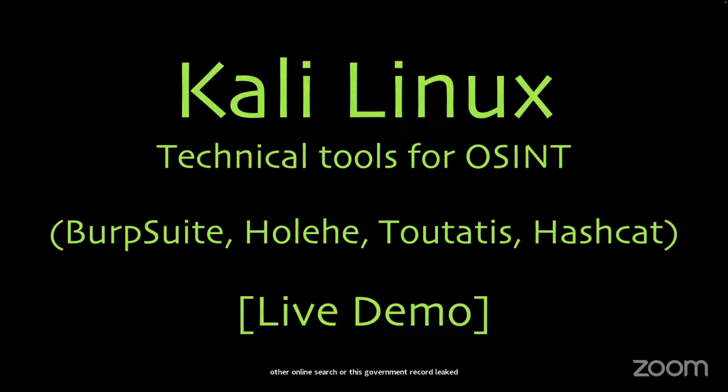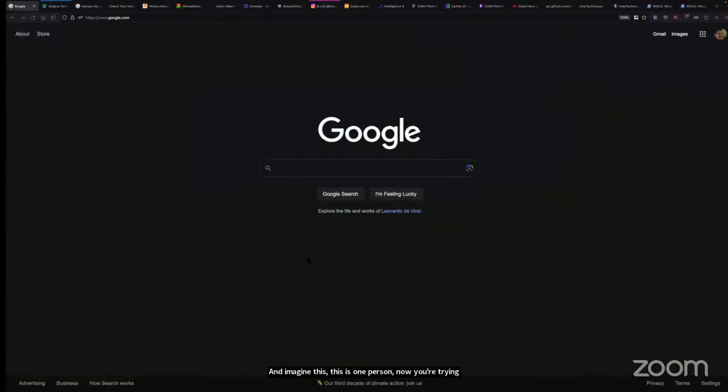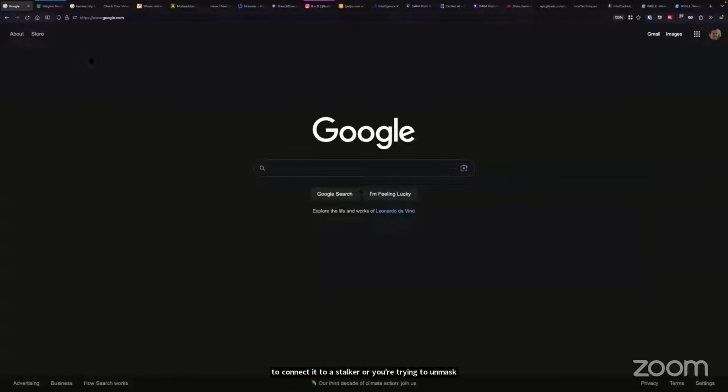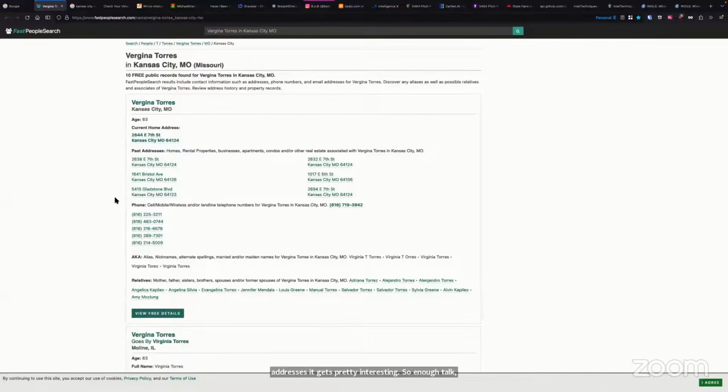So Kali Linux, first and foremost. All of us hackers know what it is and how to use it. And I'm going to use Burp Suite and a few other tools to kind of demonstrate some of my techniques. So in order to do that, no, we won't use Google, but I need a target. So I randomly chose, last night I was up as well, like Ian was, till 1 a.m., 2 a.m. And I was looking at certain targets and I wanted not to dox a particular person, but I wanted some information for the demo purposes.